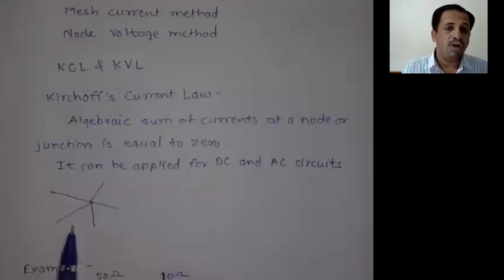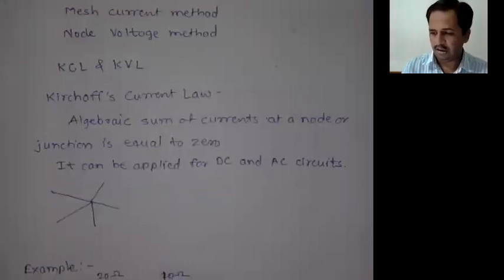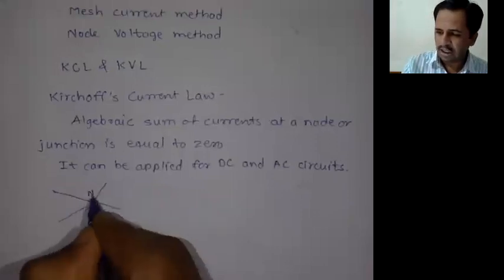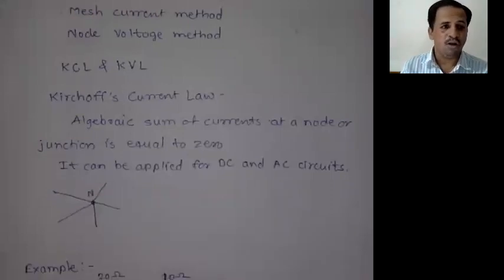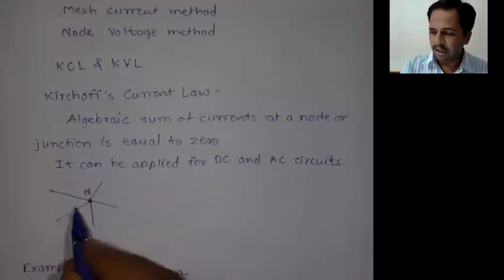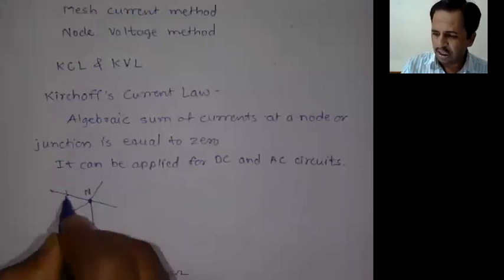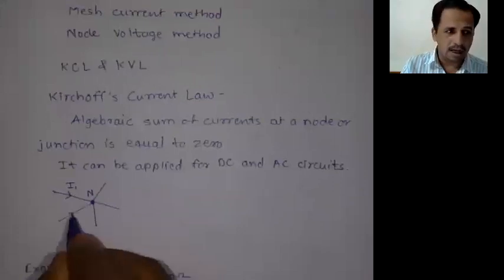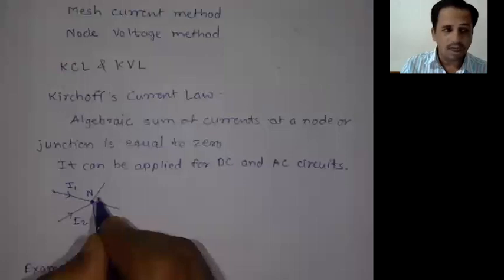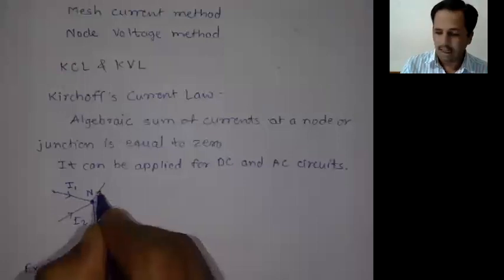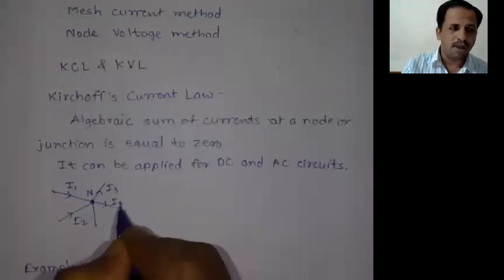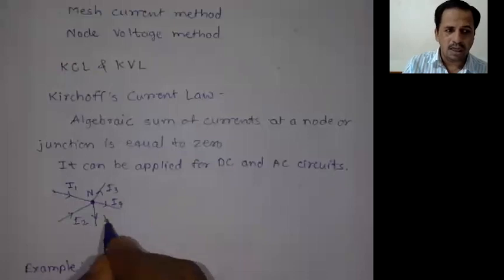Now whenever we have to apply Kirchhoff's current law, we have to use the current connection method. Suppose this is that node, here n is represented as a node, and to this node a number of branches are connected. This branch, through which the current is entering the circuit, is current I1. Here it is current I2. Here the current is going outside, and it is represented as I3. Here the current is also outward, I4, and here it is I5.